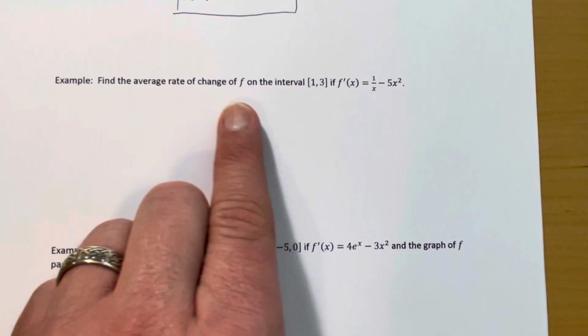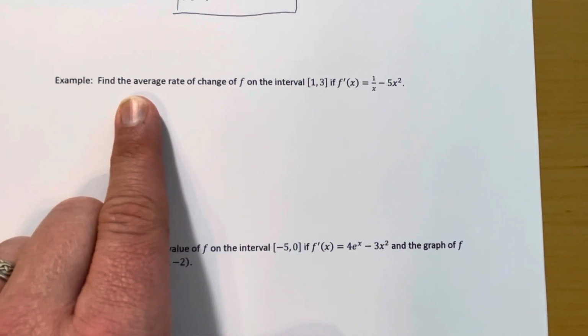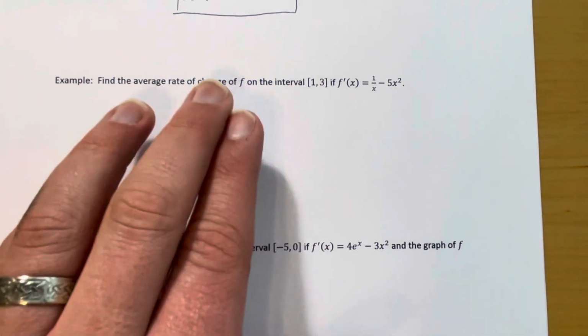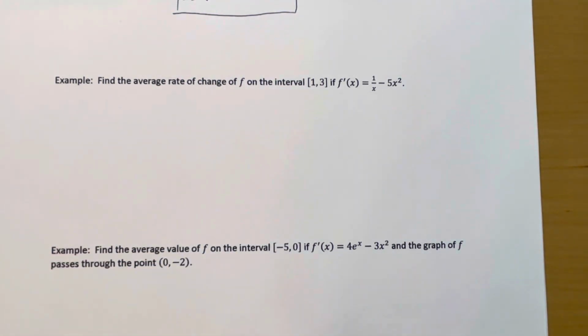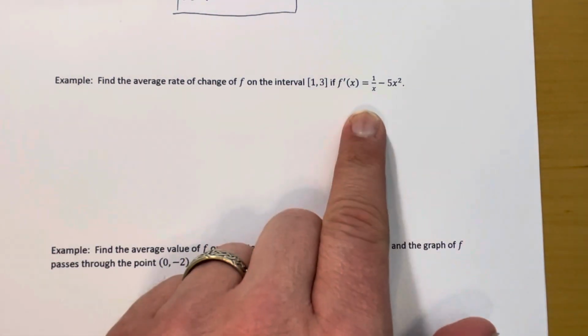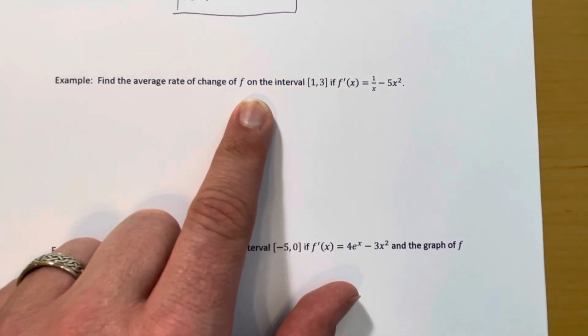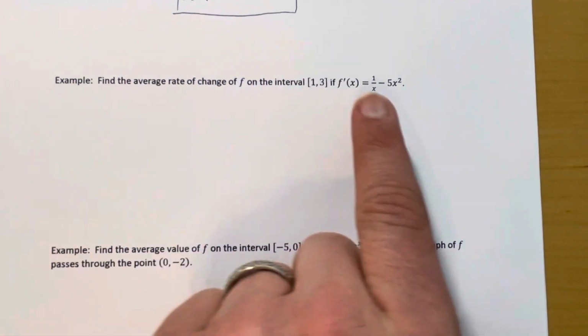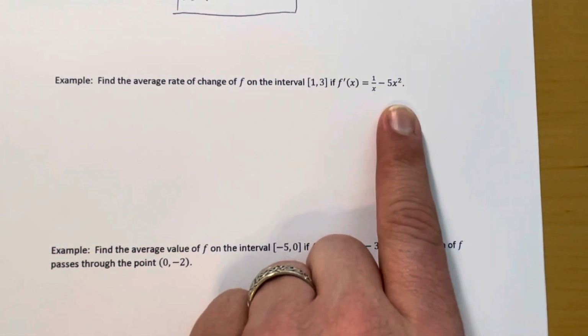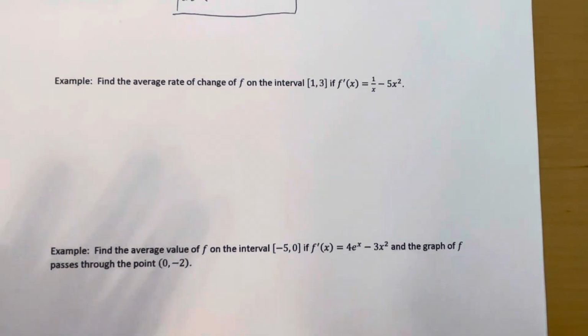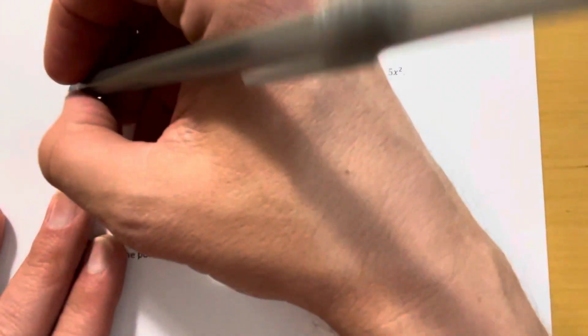And if you notice what it's saying, it says find the average rate of change of f on the interval. It's not finding an average value of f, it's an average rate of change. We know that the derivative is the rate of change of f. So what this is actually saying is find the average value of this derivative, which we have an expression for, on that interval. So understanding the wording here matters, but now we can see that this just reduces to this